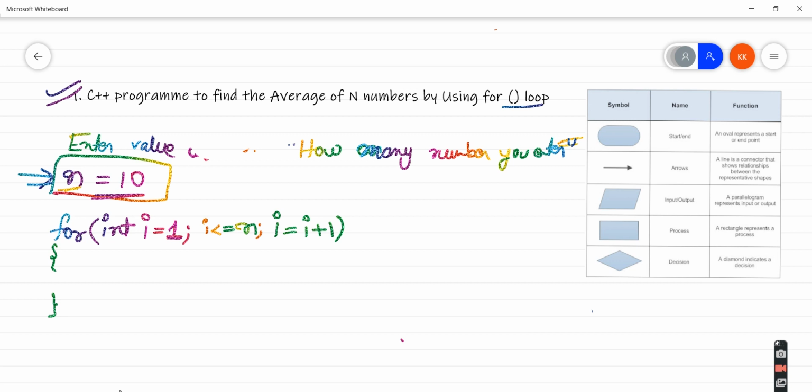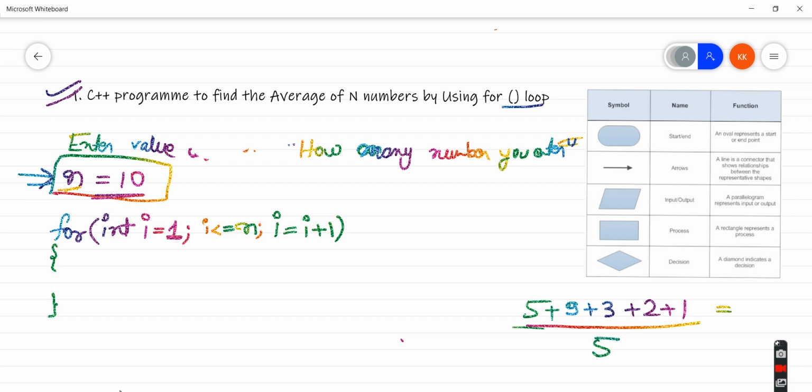Okay. Now next, we need to find the sum of numbers. Let's suppose the user has entered 5 plus 9 plus 3 plus 2 plus 1. I need to first find the sum of these values and then divide by the count of numbers. Here we have 5 numbers, so I will divide by 5.